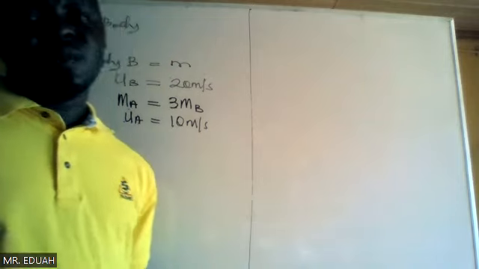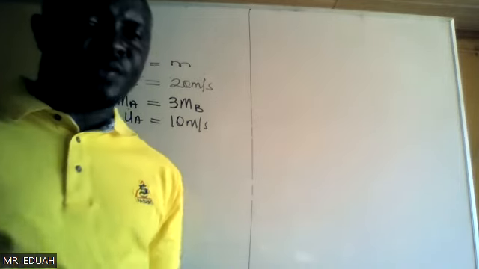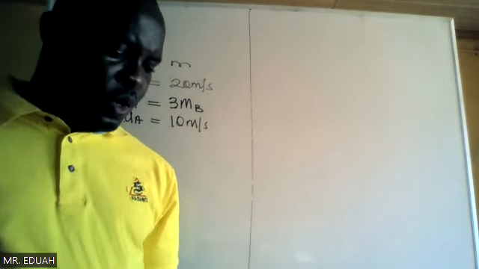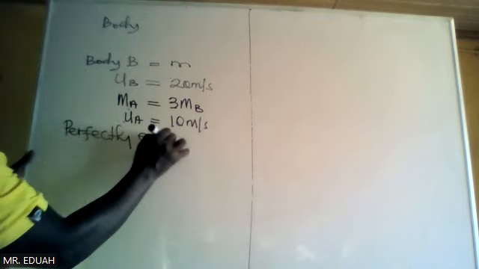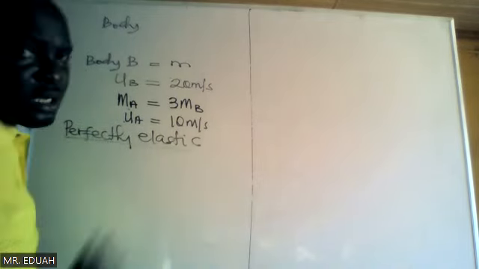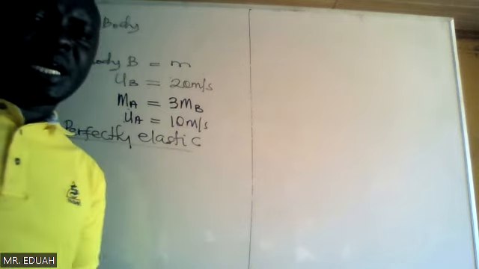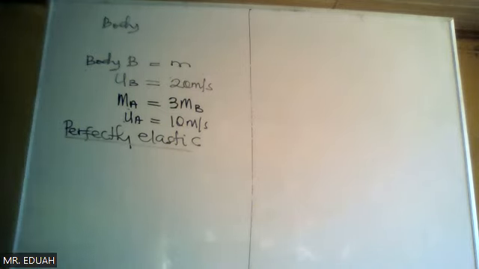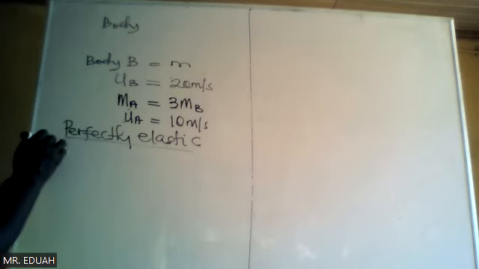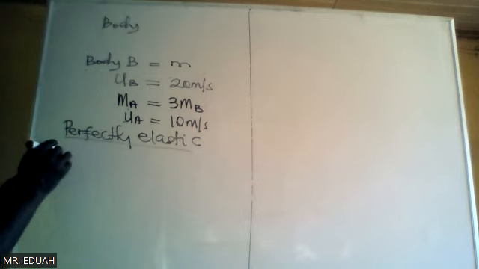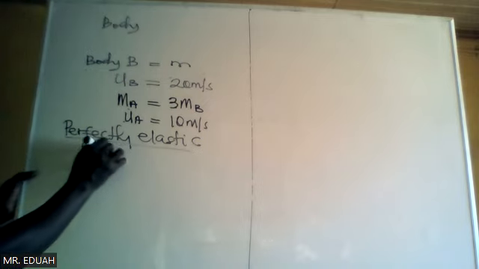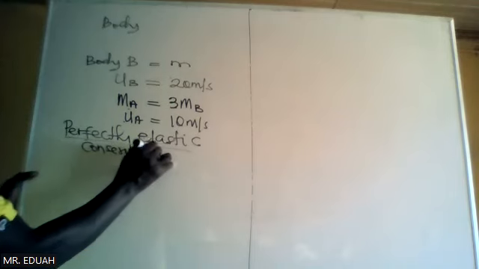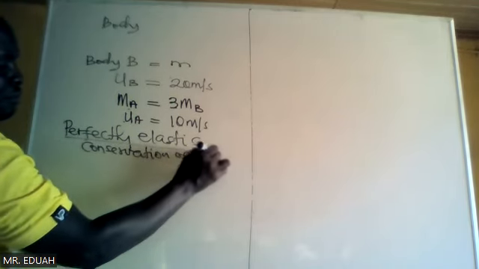All right. And then in the next question, we have to find the relative velocity. So this is the major issue at stake. Now, the collision is perfectly elastic, and in a perfectly elastic collision, momentum and kinetic energy are conserved. So if you write the equation for conservation of momentum,